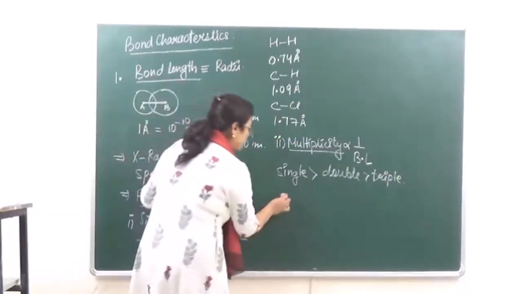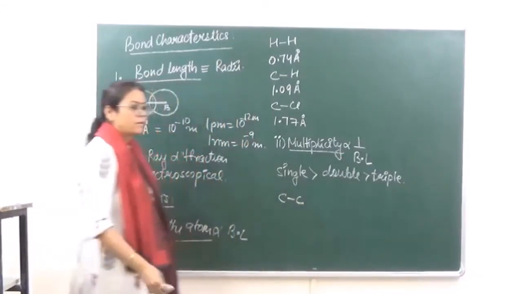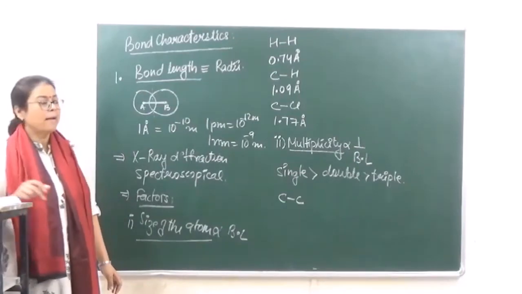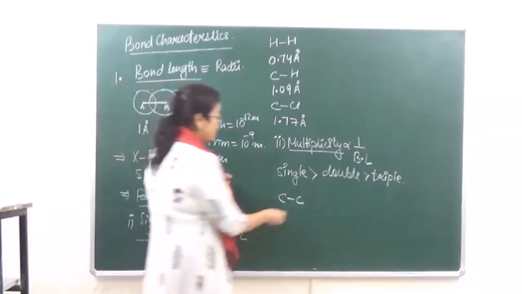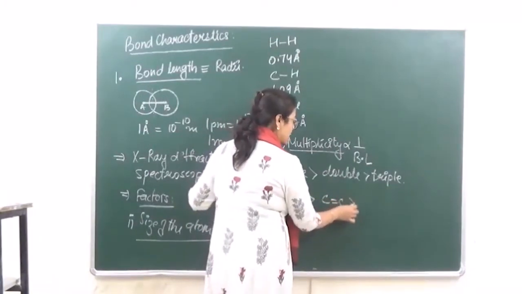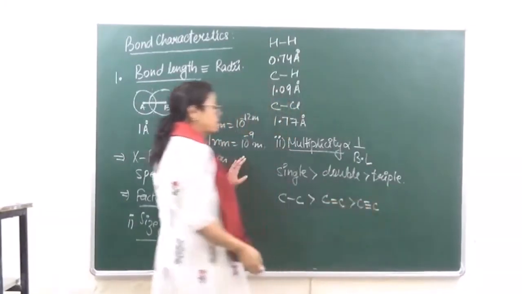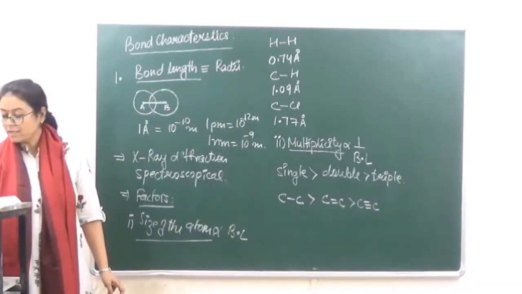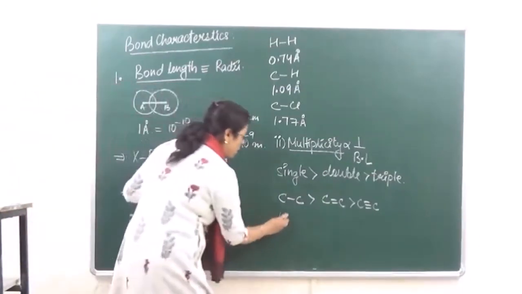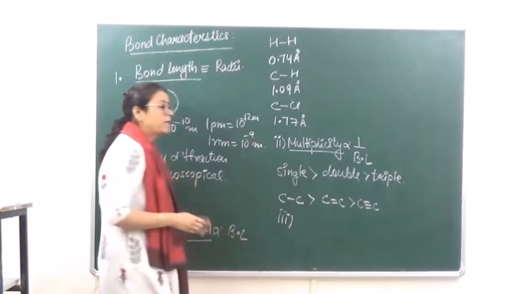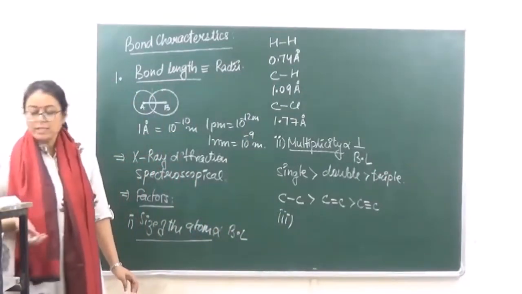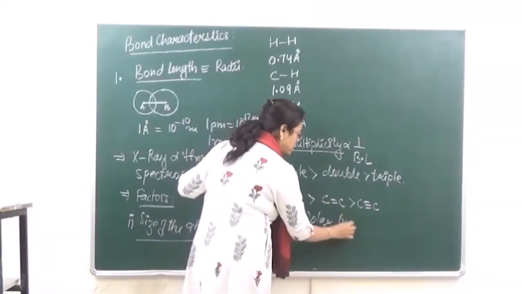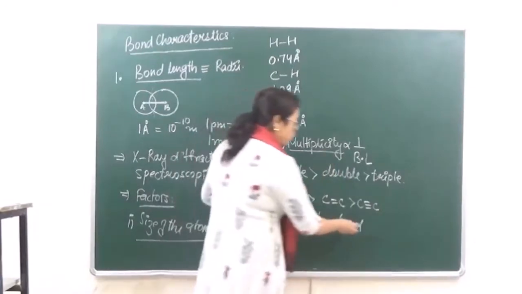जैसे for example, if we are taking carbon and carbon, okay, in case of carbon and carbon, the bond length that is going to be maximum, right? फिर उसके बाद C double bond C, and finally shortest bond length is between C triple bond C, right? Then the third factor is the bond length of a polar bond. This is very important. Bond length of a polar bond is smaller than non-polar bond. We had discussed the other day what is polar and non-polar.